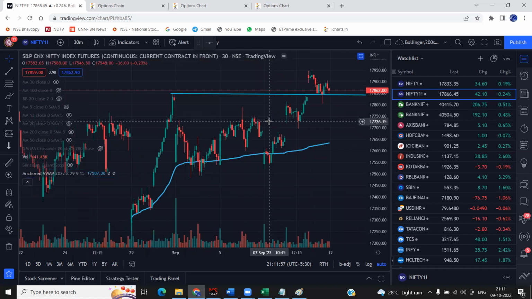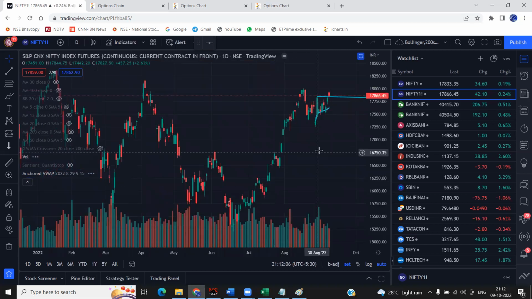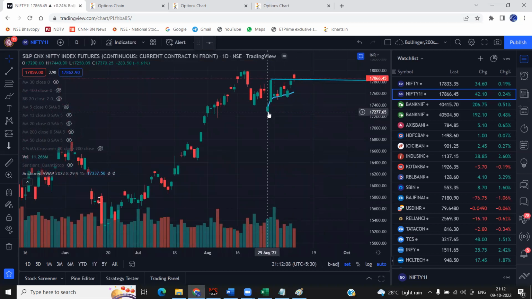You have to first of all fix what is the main thing about anchored VWAP. You have to decide the day from where a major event has taken place. Here we had a bottom here. That's why I'm taking this place as a bottom, this place as a major place. I could even have taken this level.